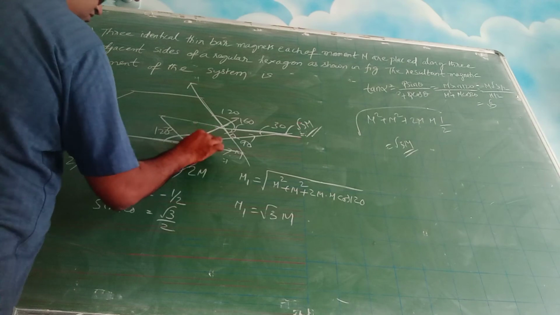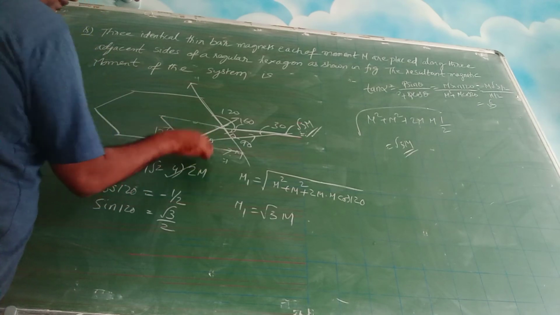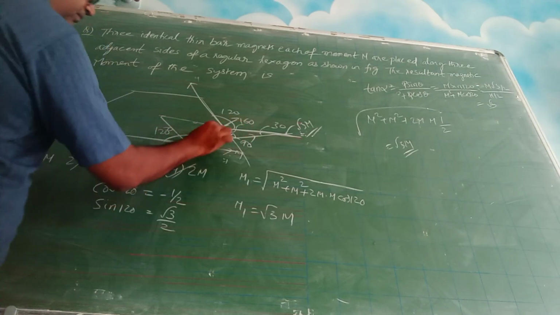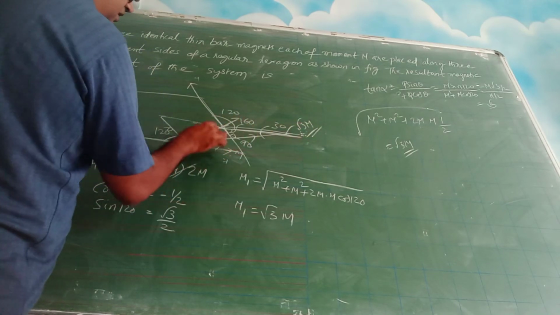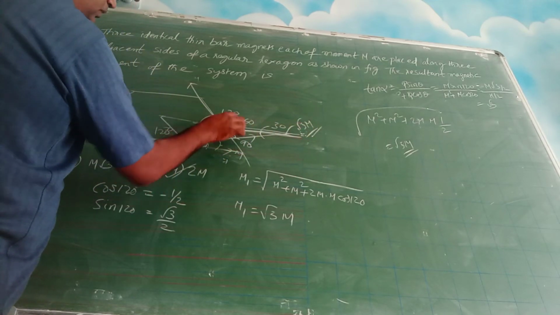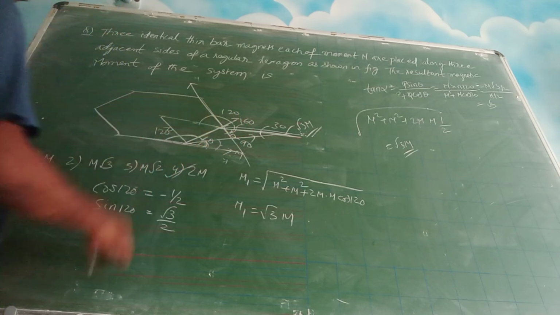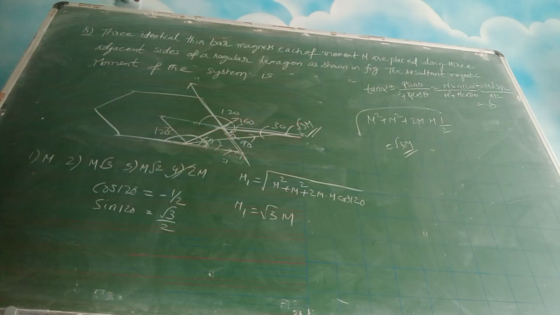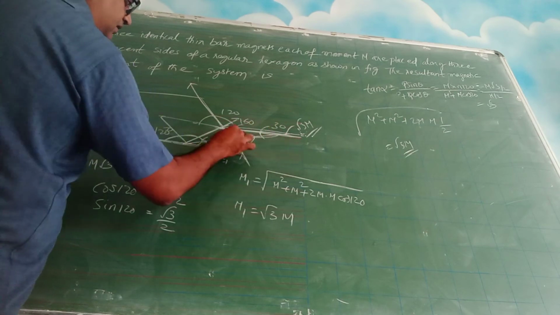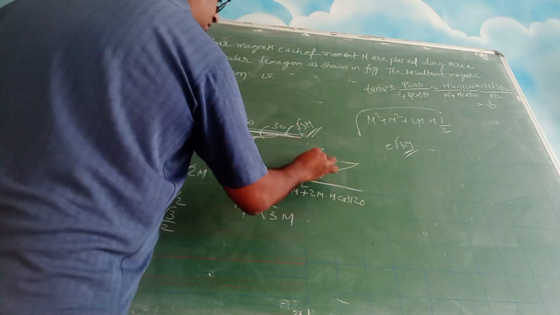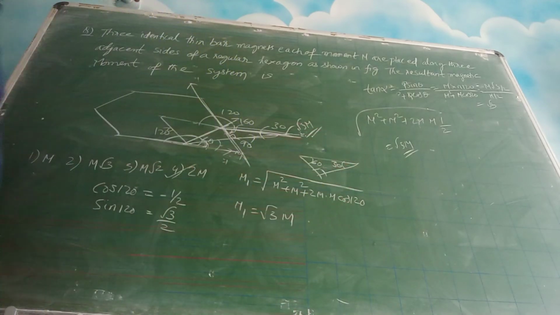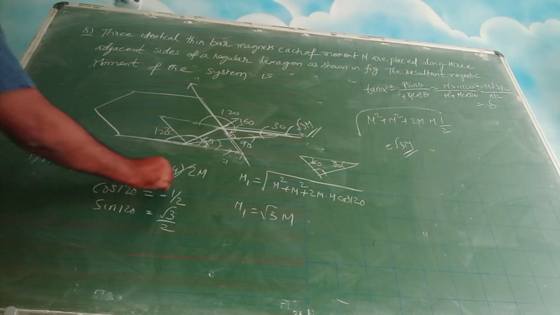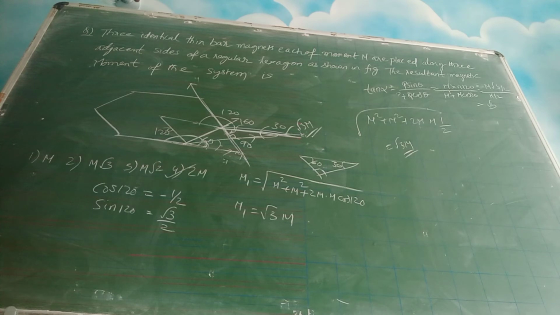Okay, I hope now you understood. This is 120, so this is 60. Because both vectors are the same, it will go through the half. So this is 30. Draw a parallel line here. This is 30, this is 30. This is 60, so this is 120. This small angle will be 60 because this whole angle is 180. So in this triangle, you have got 60, you have got 30, and you got 90 degrees. Okay. So when you solve that, you get option 4 as the right answer.